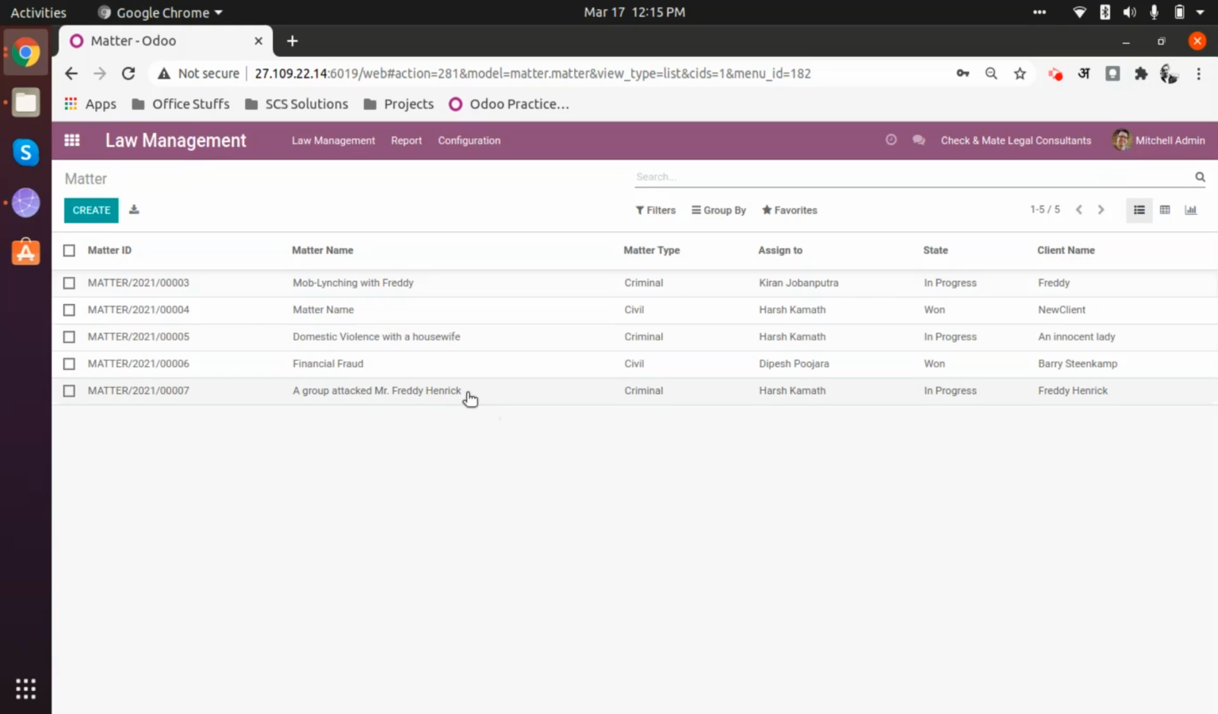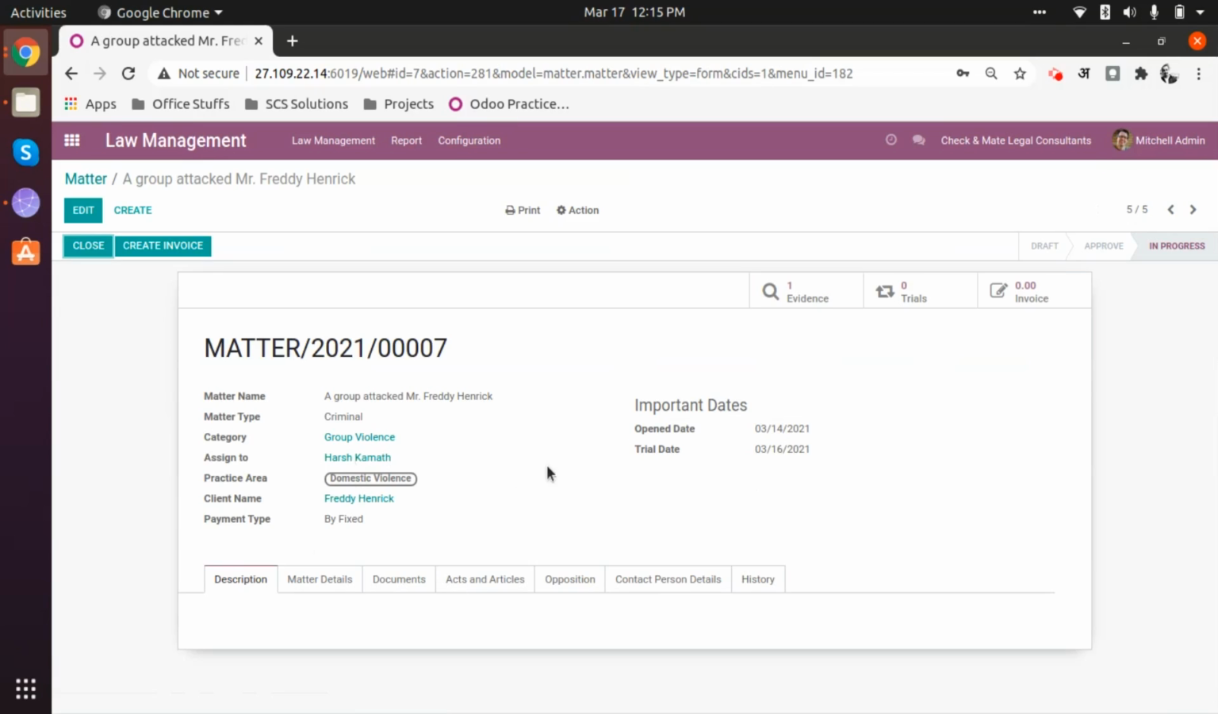The case was from Mr. Freddie Henrik, who had got attacked by a group and came to us to take some legal assistance from Check and Met legal consultants, which is nothing but our legal firm that we are working with. Let's assume that. So as you know, we already have created the matter and we entered all the information